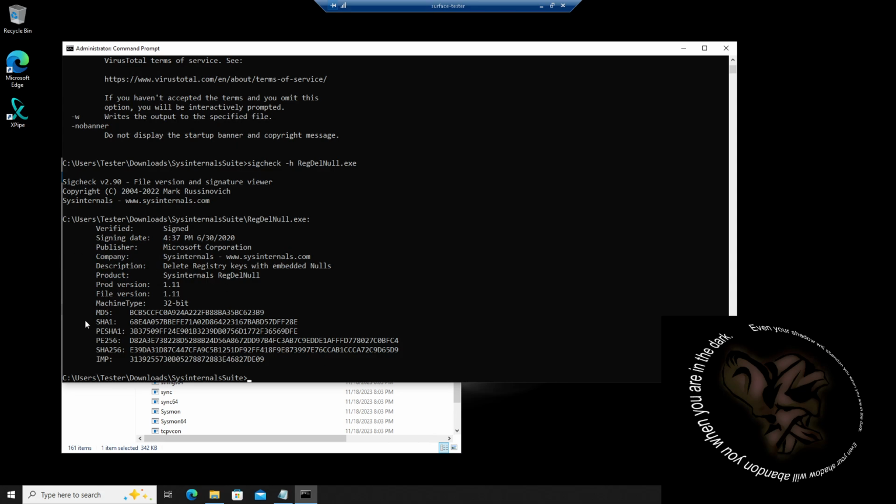And here we got our verification. It is signed. The signing date was back in 2020 by Microsoft. The company that put it in was sysinternals.com. And the description: delete registry keys with embedded nulls. And you have the MD5 hash, SHA-1, PESHA-256, SHA-256. I'm familiar with MD5 and SHA-256 here. The others I'm not, but these are all different algorithms